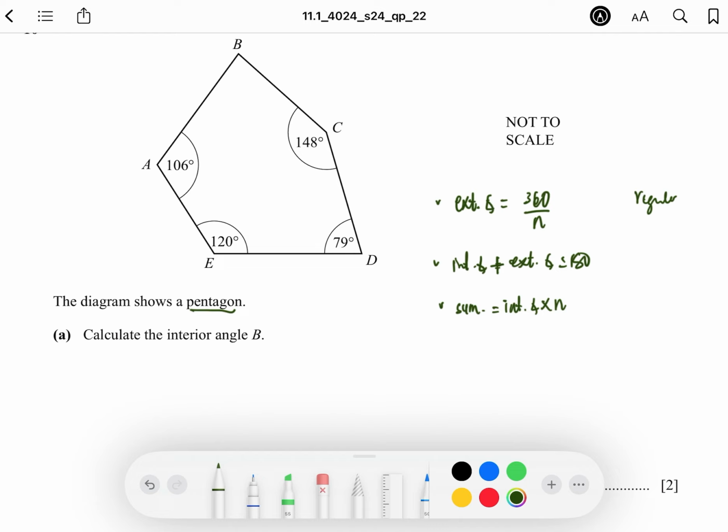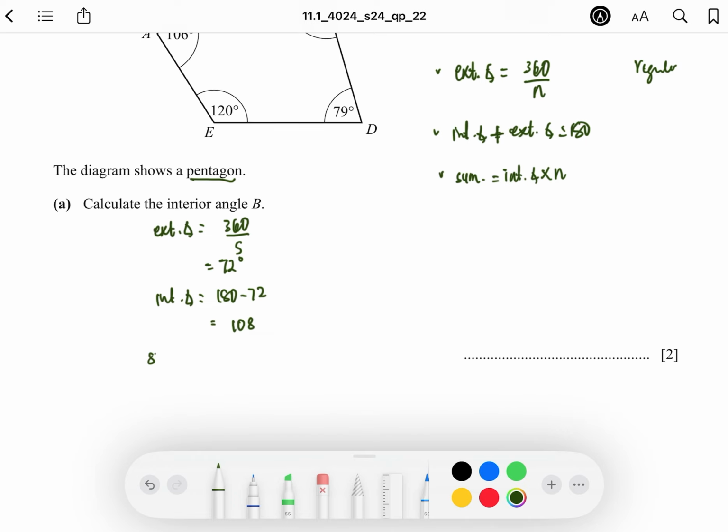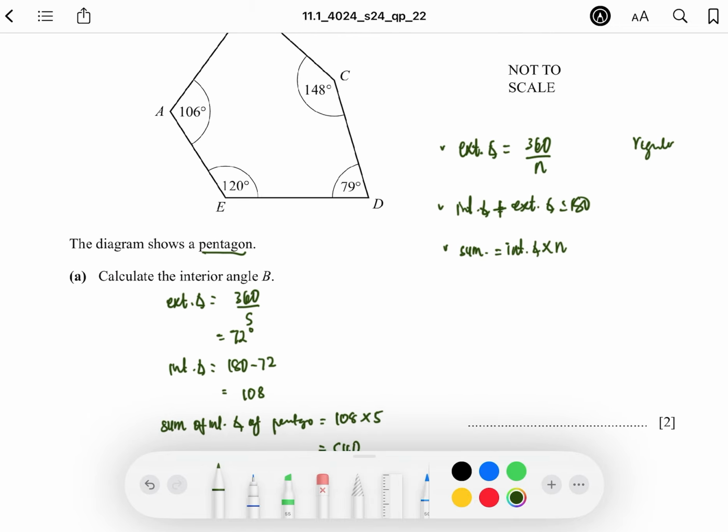Okay, so exterior angle is equal to 360 divided by, for this pentagon, 5, which is 72 degrees. Interior angle is equal to 180 minus 72, which is equal to 108. Therefore, the sum of interior angles of a pentagon is equal to 108 times the number of sides, 5, which is equal to 540. And this 540 is what we're going to use for this particular pentagon, which has